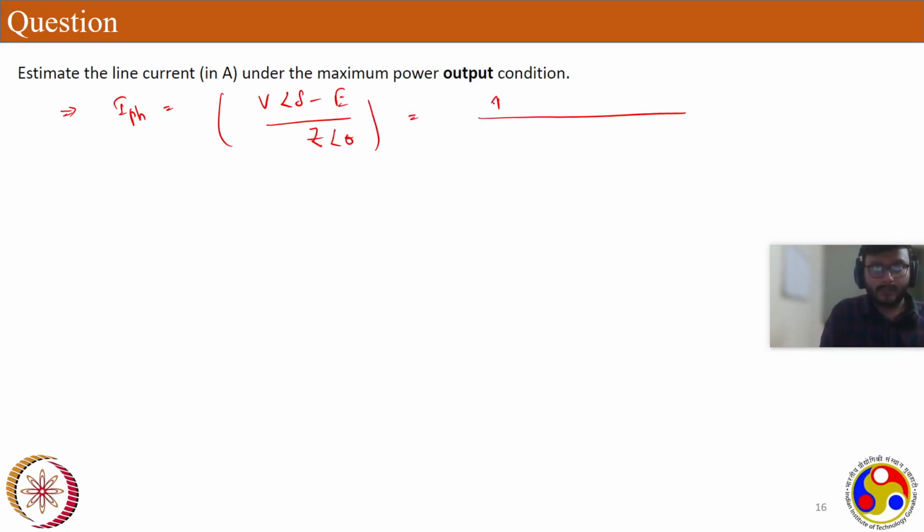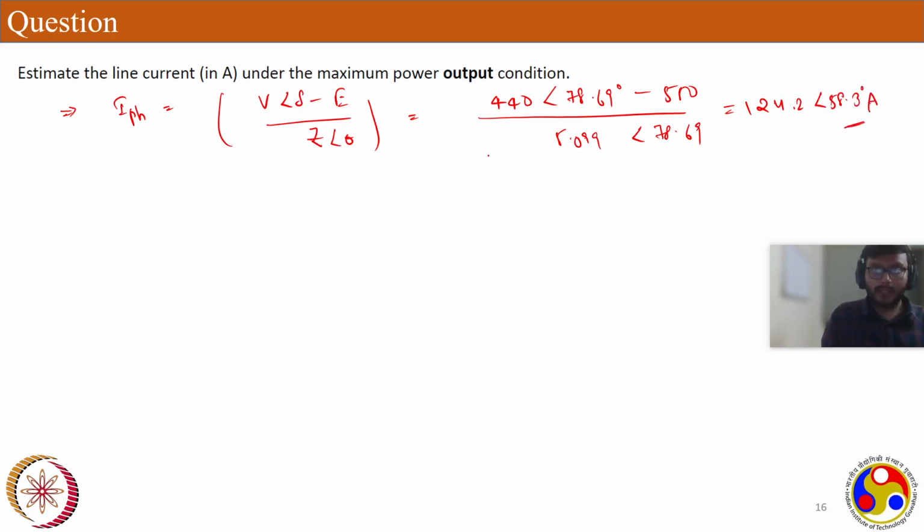Now let's calculate this one. 440 at an angle of 78.69 minus 550 at an angle of 0 divided by root 26, that is 5.099 at an angle of 78.69. Okay, now it is 124.2 at an angle of